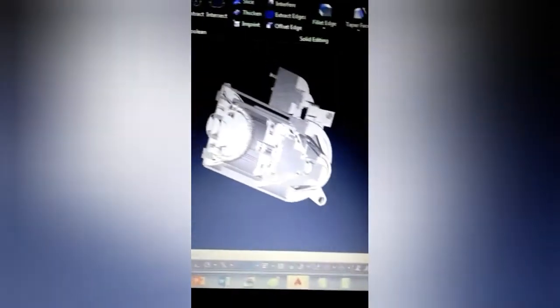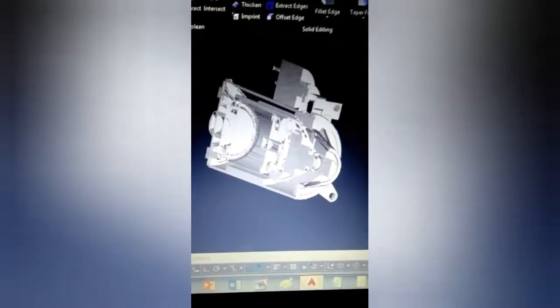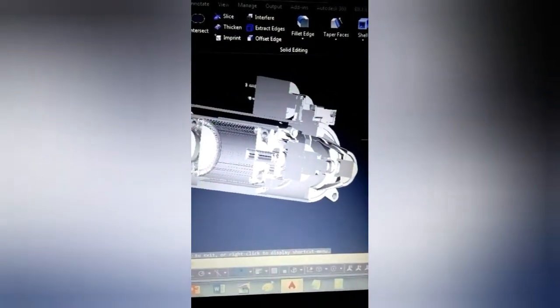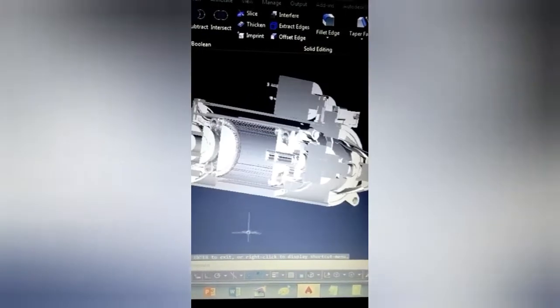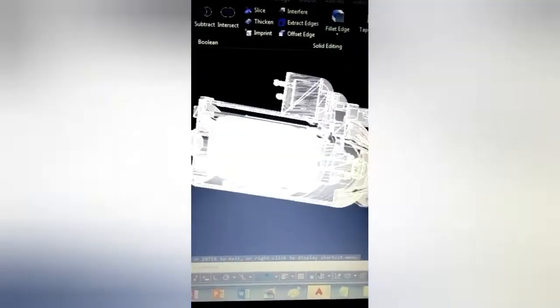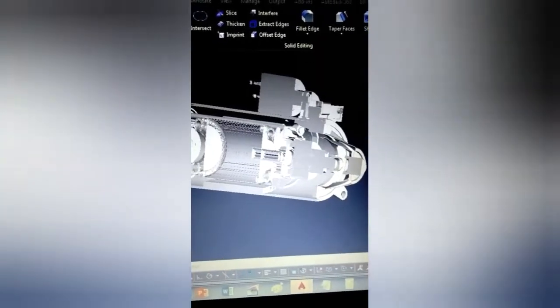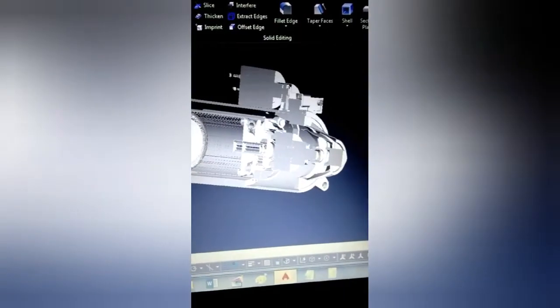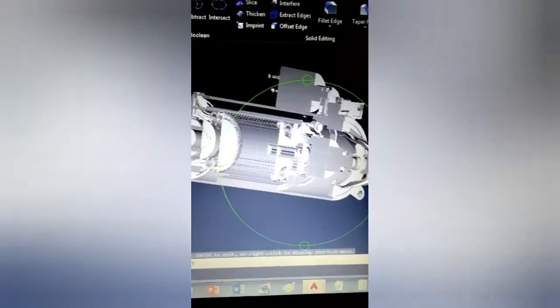Hi guys, welcome back to our video, and I am showing you now the section plane of the starting motor. As you can see, you are viewing all the internal parts of the starting motor. You can see the armature and the solenoid, every part of it. We have already made it into section plane,